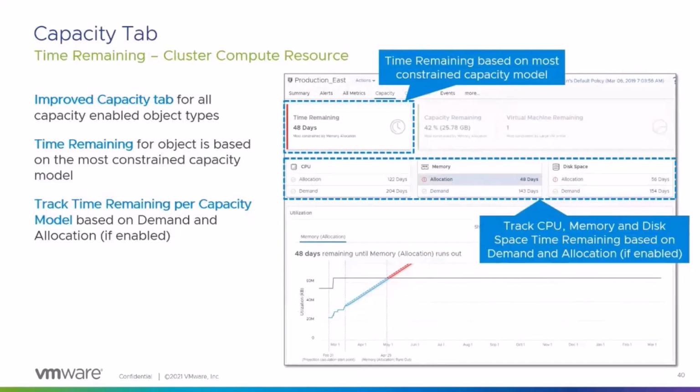So a couple of things I want to talk about from the UI perspective. When you're looking at the capacity tab, this happens to be a cluster itself. The main thing you want to look at is time remaining. Time remaining is looking at, like I showed on the diagram before, the time before you run out of capacity. But what the system does is it takes and looks at all of the different models that